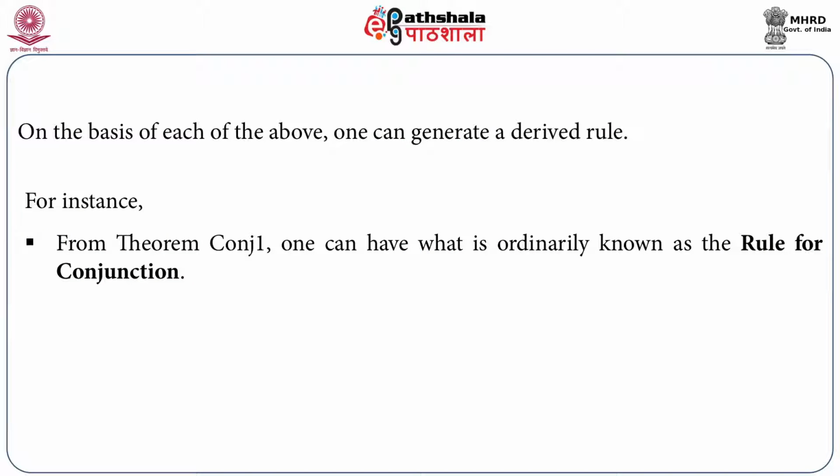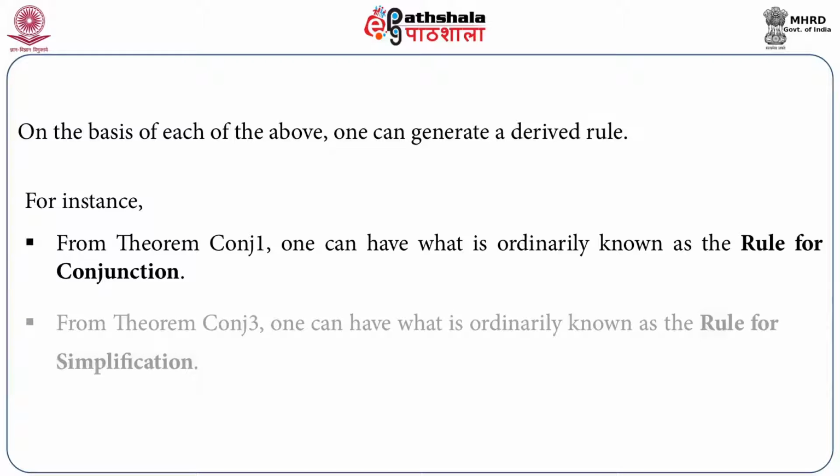So we have seen how more theorems can be derived by showing the equivalence of conjunction. And once these theorems have been derived, we can now convert them into derived rules. Let us look at some of these derived rules. From theorem conjunction 1, we can have the rule for conjunction. In fact, conjunction 1 and 2 give us the rule for conjunction. And if you look at theorem conjunction 3 and also conjunction 4, we can have a derived rule, which is